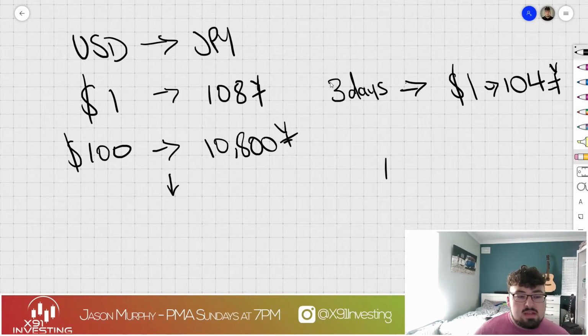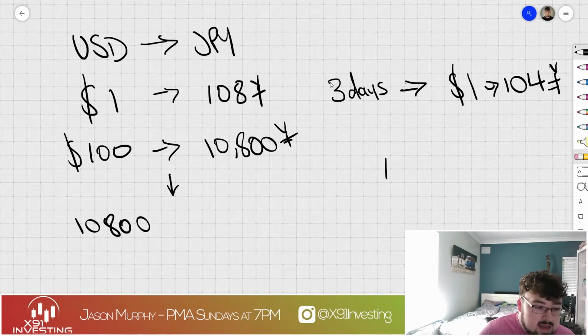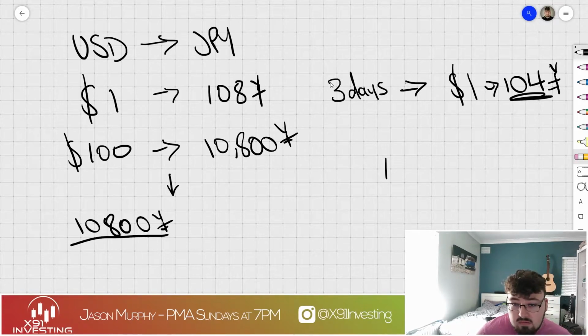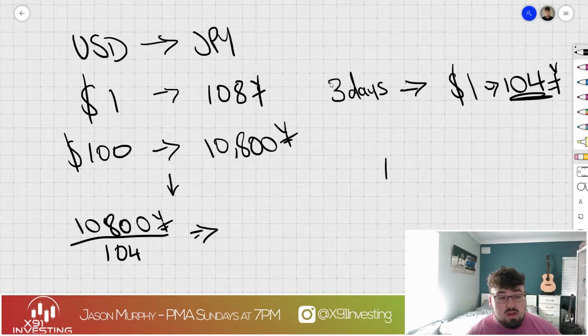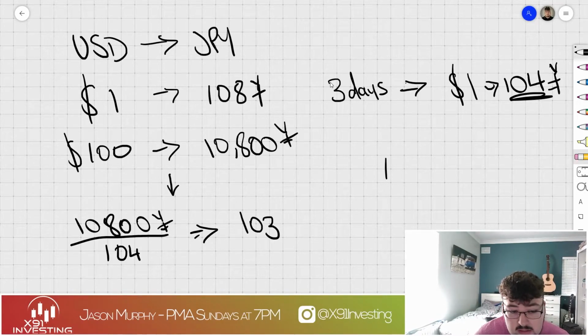We didn't spend any of our money, just for simplicity's sake. This was our money for our pocket. We're on a business trip for 3 days, and we're coming back now. We actually just paid for everything by card or whatever. It's not important. So we take the 10,800 yen that we had, and we divide that by the new rate, which is 104, which will give us roughly 103.85